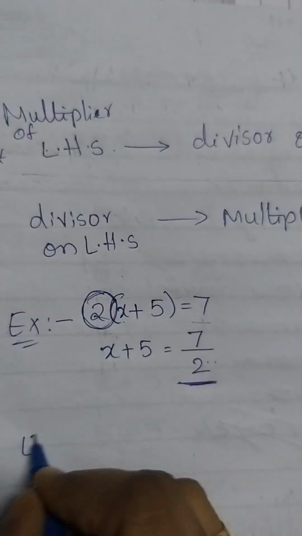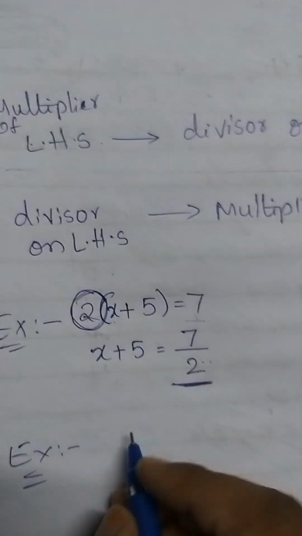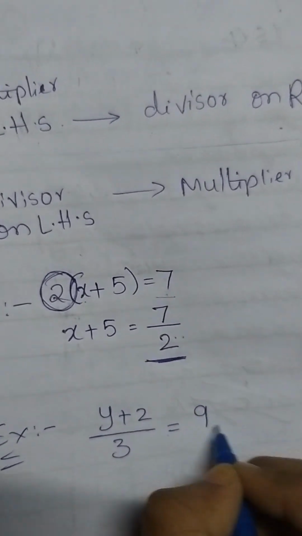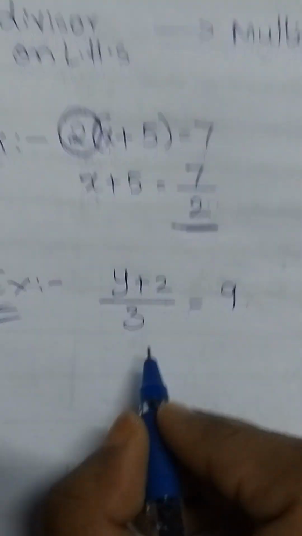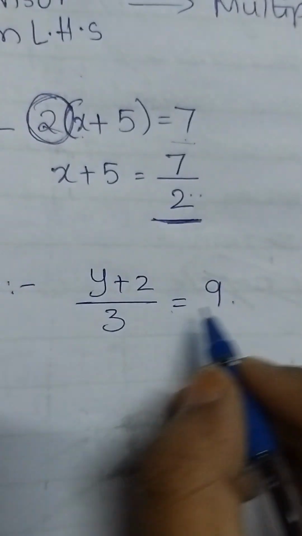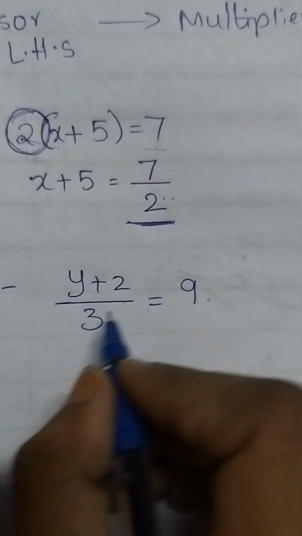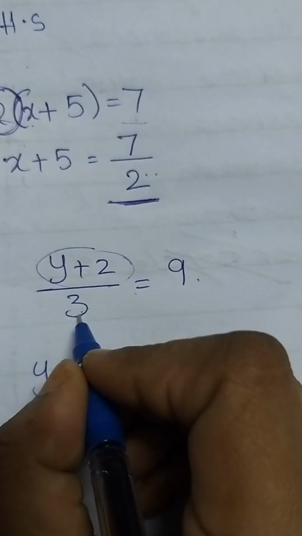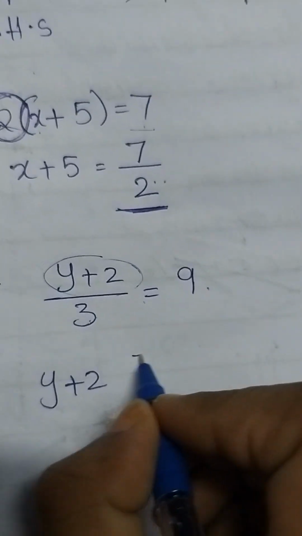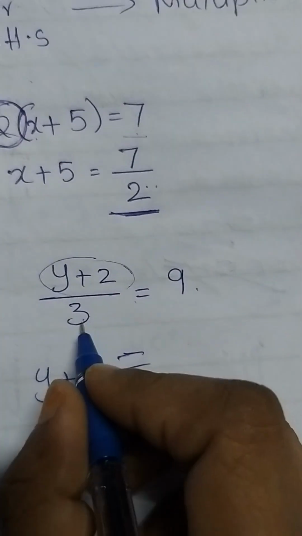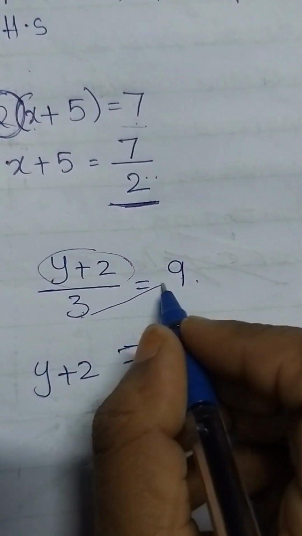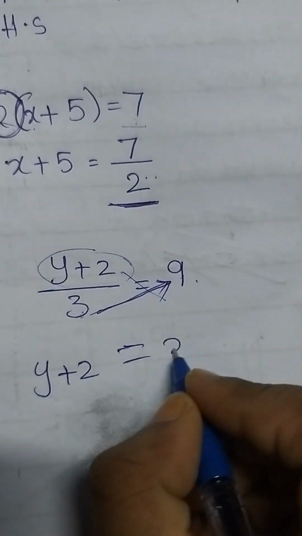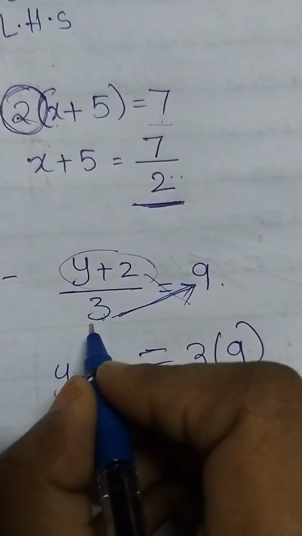For example here, y plus 2 by 3 is equal to 9. So here 3 is a divisor. This is a variable term, y plus 2. I will take this 3 to this side. What will it become? 3 comes to this side. This means cross multiplication. So 3 is multiplied to 9. It becomes a divisor, becomes